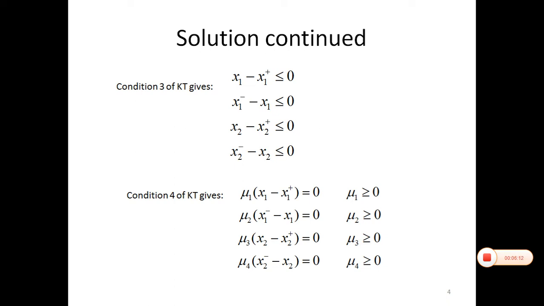So we have to meet this complementary slackness condition, and this can be met either by taking mu equals 0 or by taking g equals 0. We have to see for which choice this complementary slackness condition will be satisfied, either by taking mu equals 0 or by taking g equals 0. So we have to see this according to every problem.